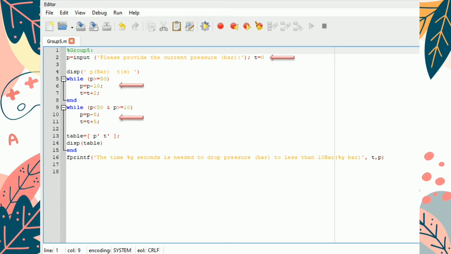Before we end the while and structure, we need to create a code to tabulate the data of time and pressure drop values that we will get as the result. Thus, the code is display table. Then we can end the while and structure for the second pressure drop condition. We should code the data table as display P bar T second. Last but not least, we need to provide output information to the worker saying that the time in seconds is